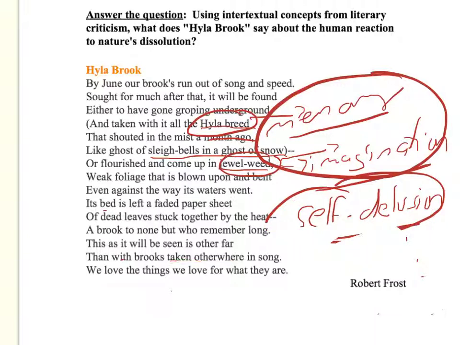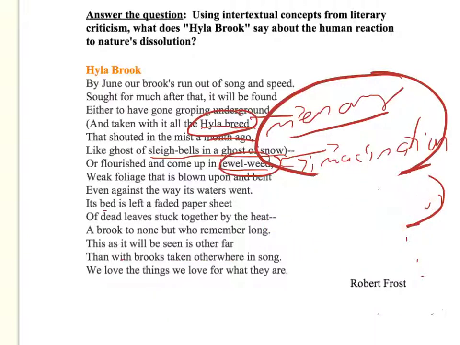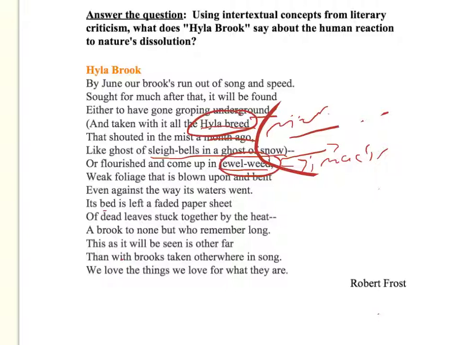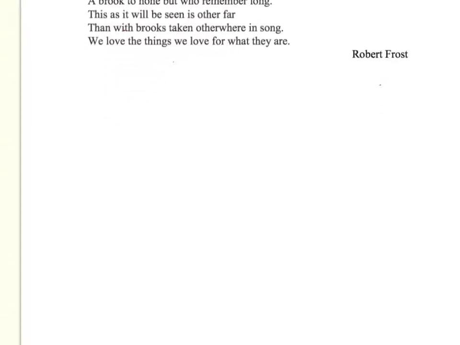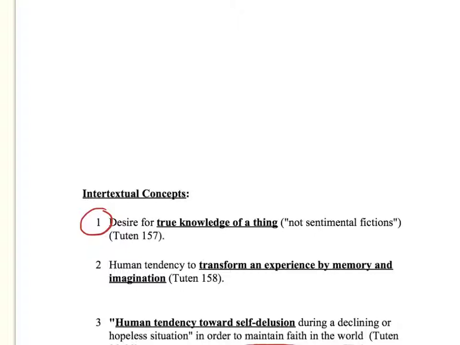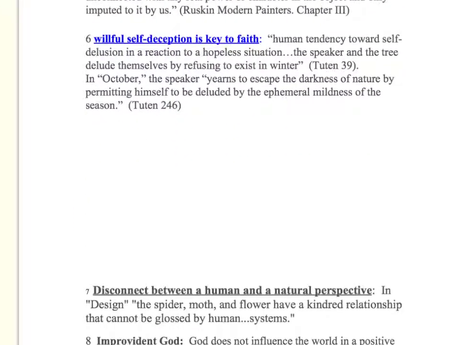Another layer beyond formalism, another layer beyond what Frost said about what he was trying to do in this poem, another layer beyond his biographical events, that he lived on this farm and this brook ran through his farm, are the concepts from literary criticism. And ultimately, to go back to the tenet of intertextualist belief, poems are about other poems; more particularly, poems are about other concepts established in those poems, and our literary critics help us see that. So, let's have a little bit of practice here, for how this can be applied in a